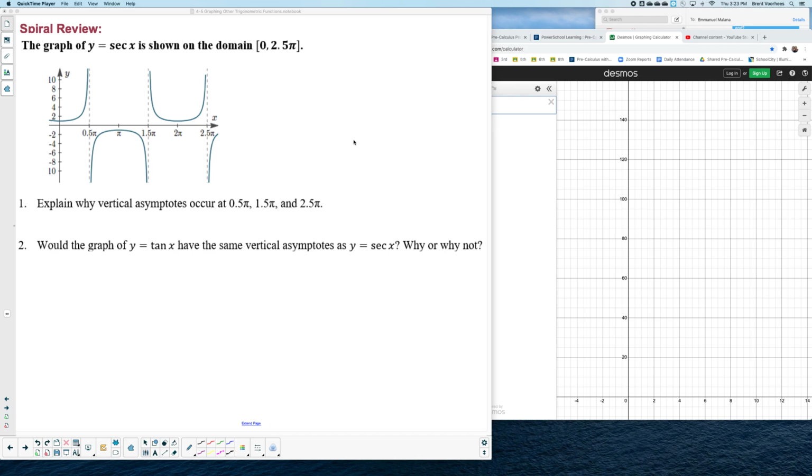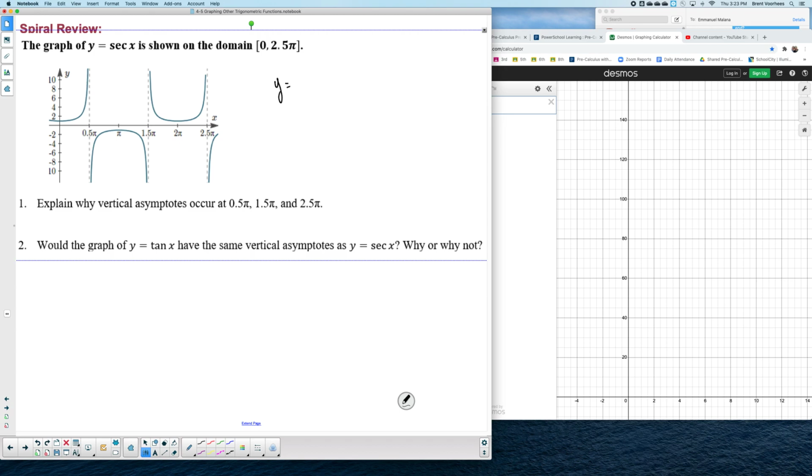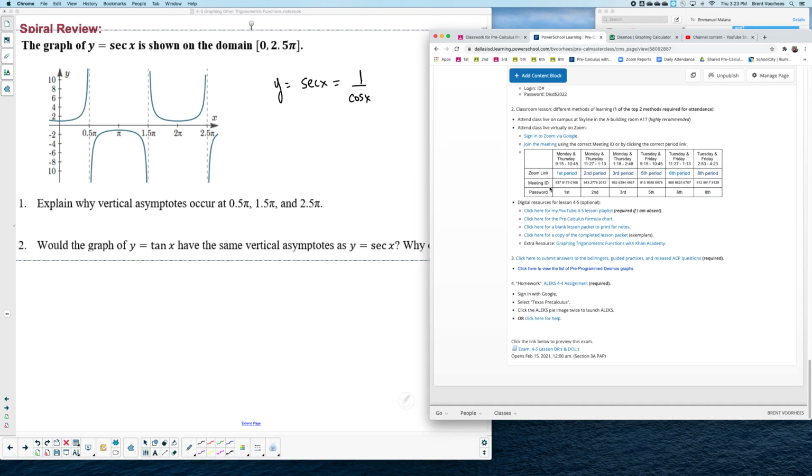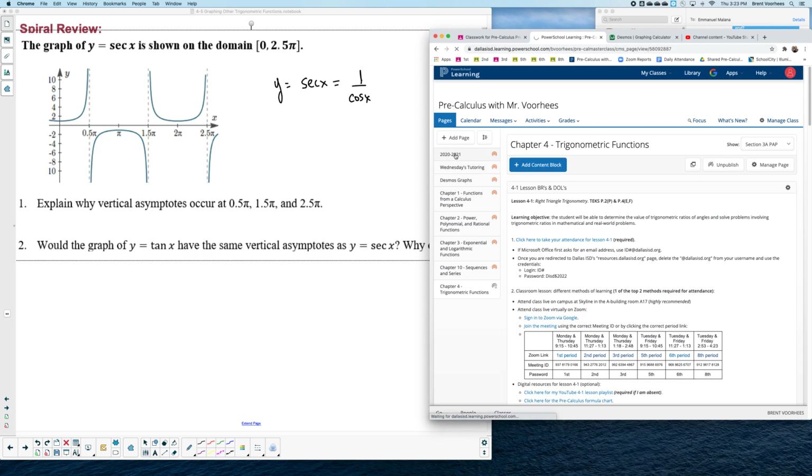Well, here's why. It's because if we know our rules about secant, secant is the reciprocal of cosine. So I'm trying to get my board working. Here we go. Secant is the reciprocal of cosine. So what that means for us, and this is on the formula chart, if you want to go to PowerSchool Learning,